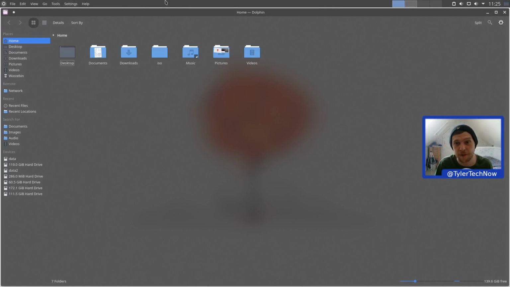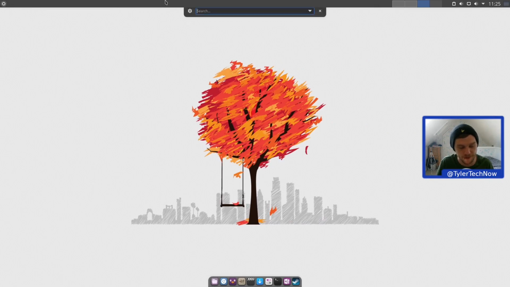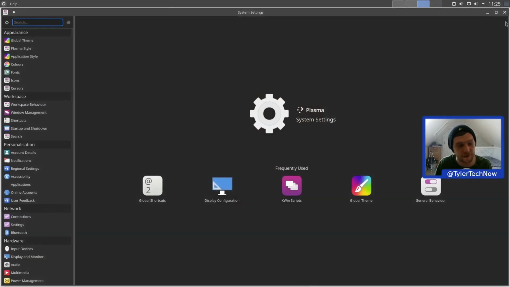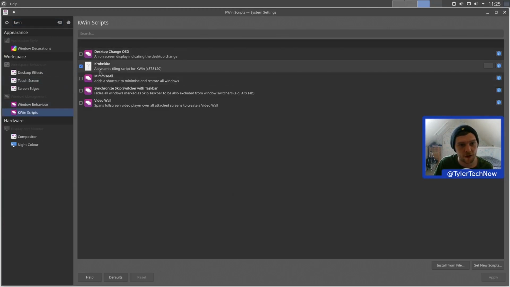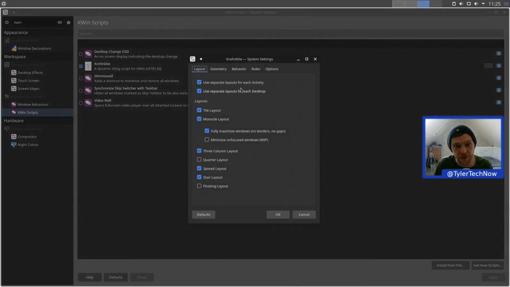And then if we pop open to a different screen now, we're going to open up System Settings, because as you probably noticed, things aren't opening in a conventional way for KDE. So if we go into KWin Scripts, I am using the Krohnkite script. So I last showed it on the Nitrux video, because that has it installed out of the box, but we installed it on this Arch Linux install as well